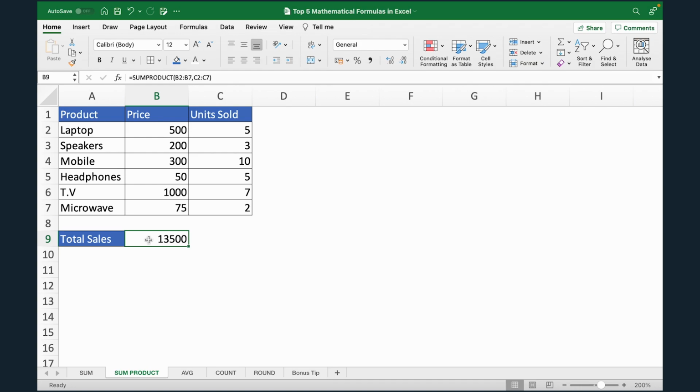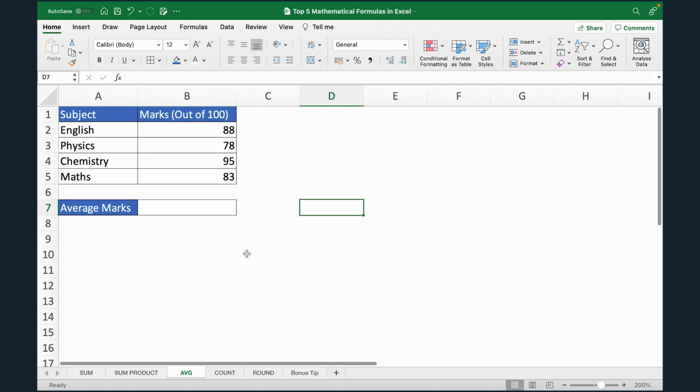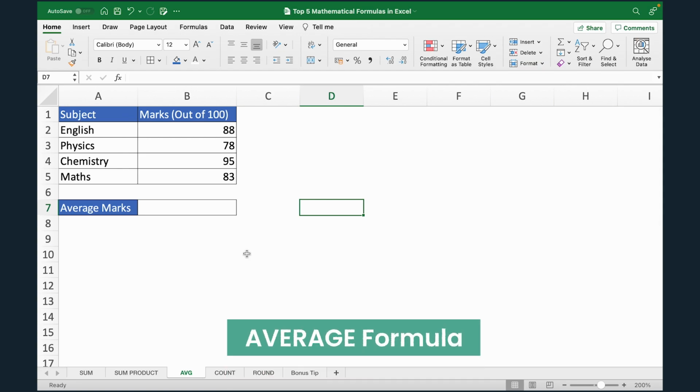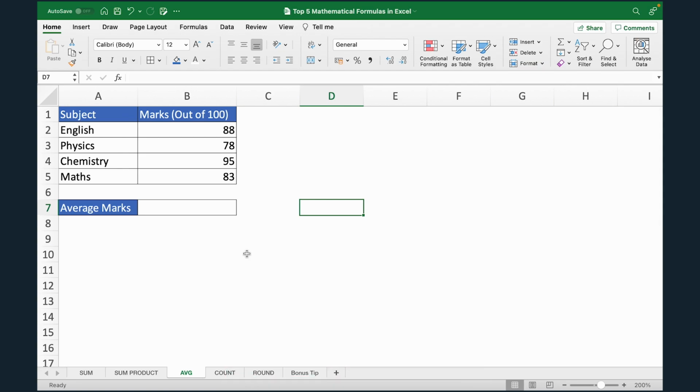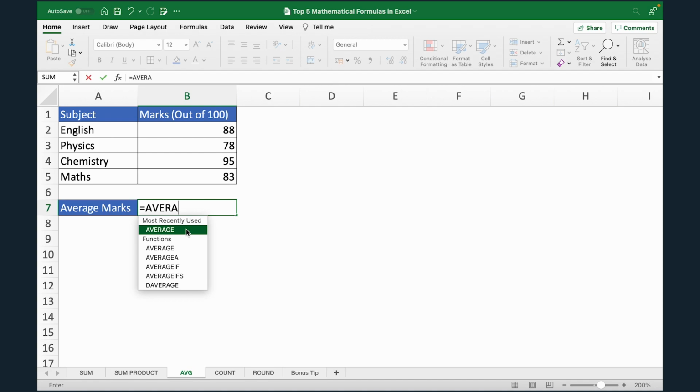Now let's jump into the third top mathematical formula, which is the average formula. Now to show you how this works, we have some sample data of marks. So let's say there's a student and we have the student's marks in English, physics, chemistry, and maths. And what we want to do is calculate the average marks the student has gotten across these 4 subjects. So to use this, again, equals to AVERAGE, open the bracket,